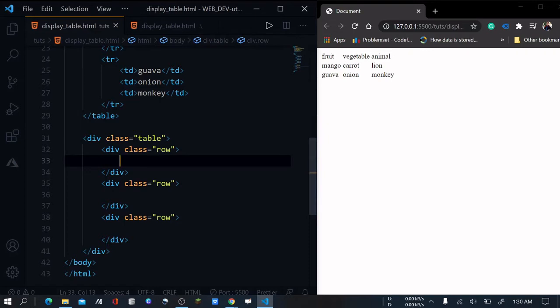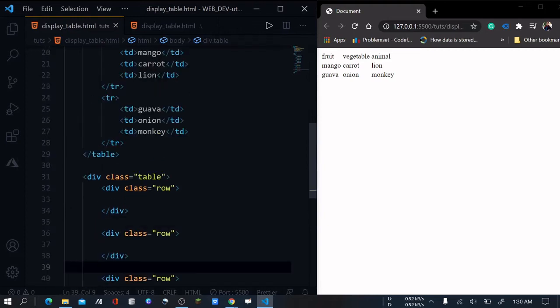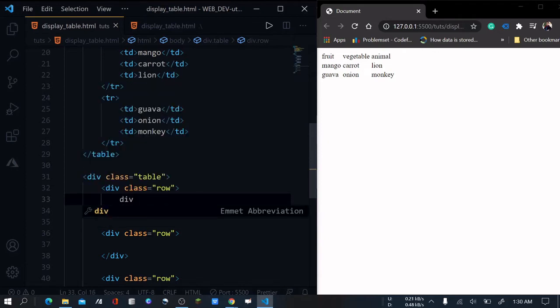Inside each row division I will create three more divisions and give them a class. Let's say a class of cell, or let's say a class of td, for table data.